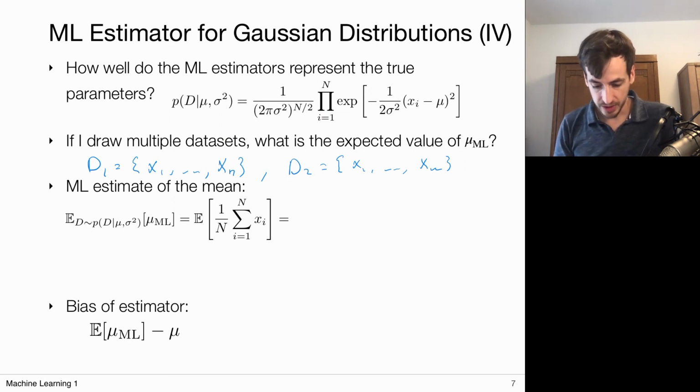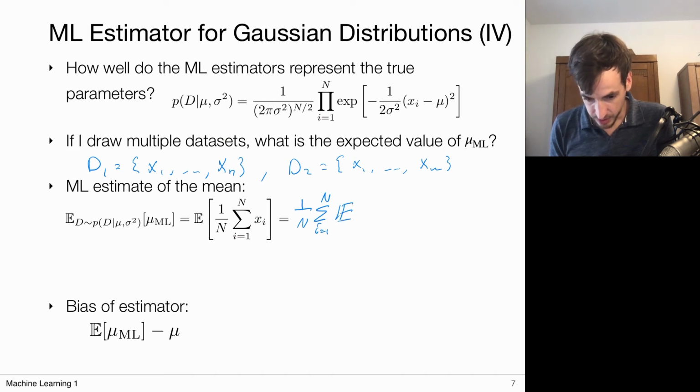Okay, so what would the expected value be if we consider the data as my random variable? We compute the expectation over all these possible data sets for the mu parameter. So that would mean that I compute the expected value of the sample mean given over here. So let me write that out. I can take the sum and the front factor outside. So that's 1 over n, the sum is 1 to n, expected value over the data points